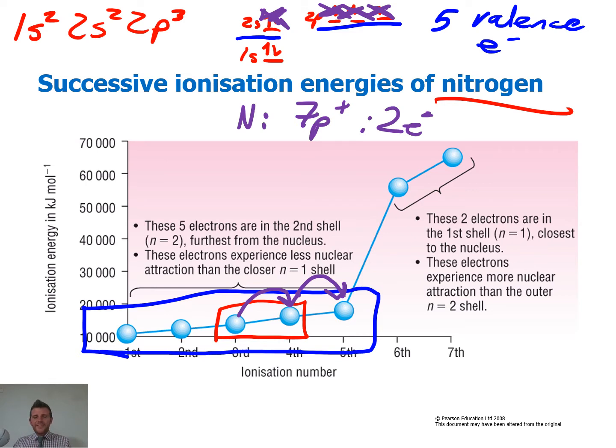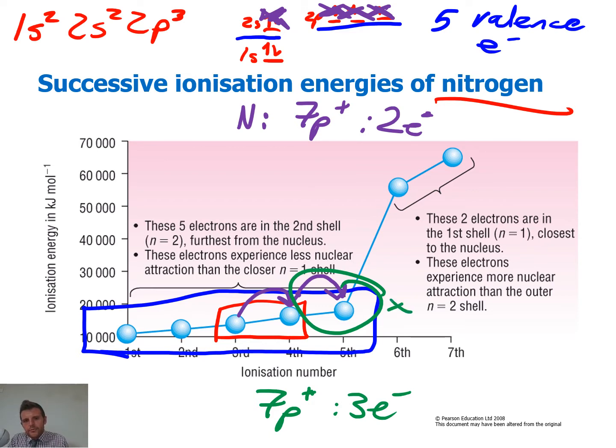But that still doesn't explain why this massive jump occurred, because just previously on this green one here, we had a ratio of 7 protons to 3 electrons. So if energy levels didn't exist, hypothetically speaking, our next point on the map would have been somewhere about here, just slightly higher, nothing super significant,